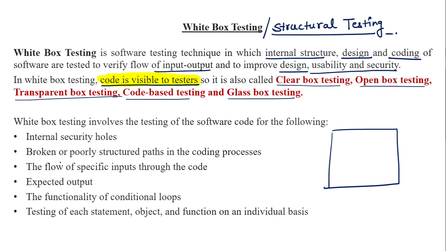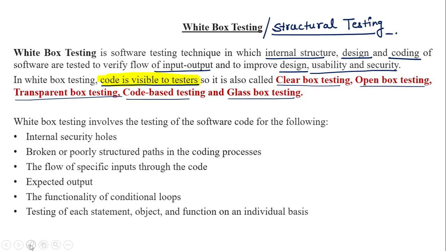ठीक है? So broken, अगर मान लो if there are two ways, ठीक है, this is the input we gave and now there are two ways to get the output. ठीक है? And suppose this path is broken over here. So with the help of white box testing we can find the broken path या फिर poorly structured path. कभी कभी ऐसा भी होता था कि एक पाथ यहाँ से जाके फिर यहाँ की वैल्यू जो है वो बेसिकली यहीं से आके निकलती. So this is a poorly structured path.